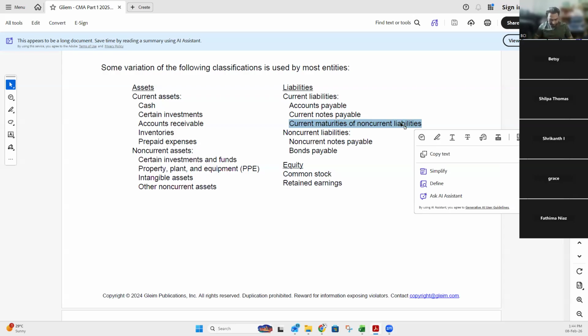Anybody? Maturities. Okay. Current maturities of what? Loans, right? So, for example, you are having a loan, which is